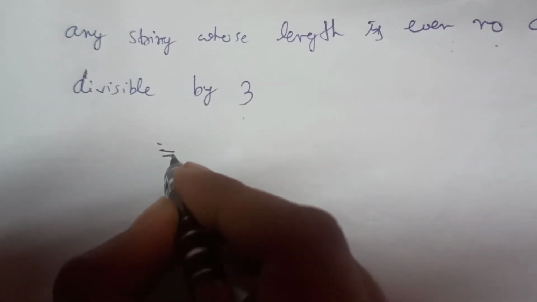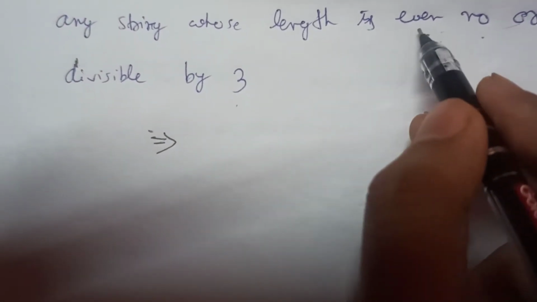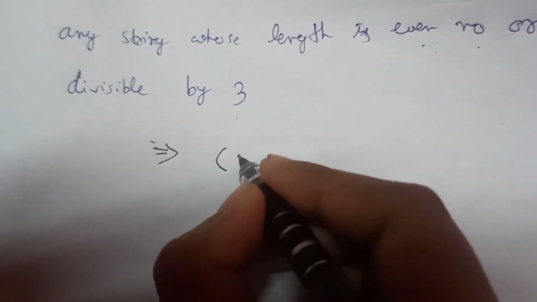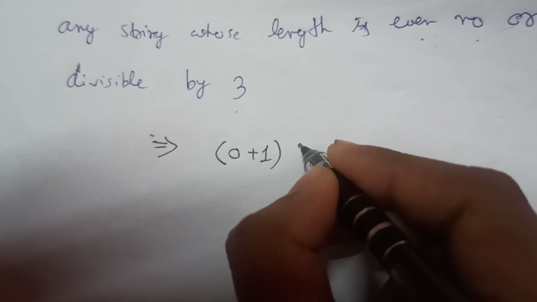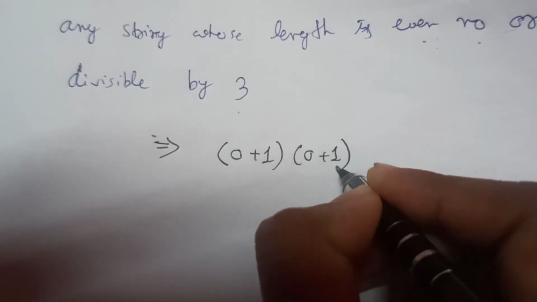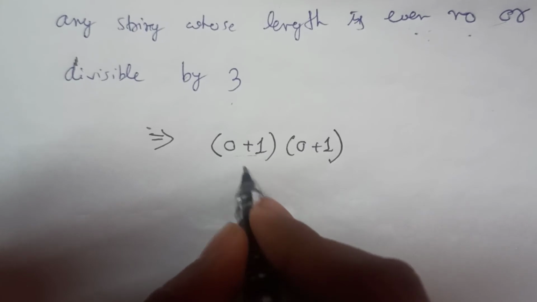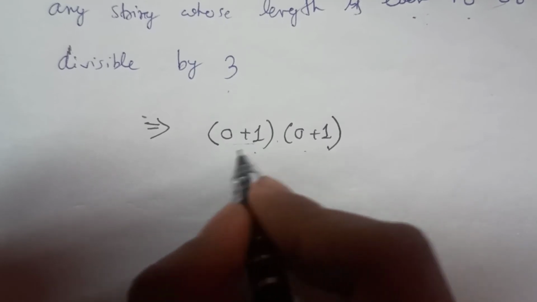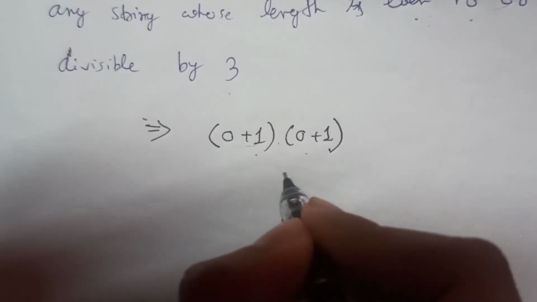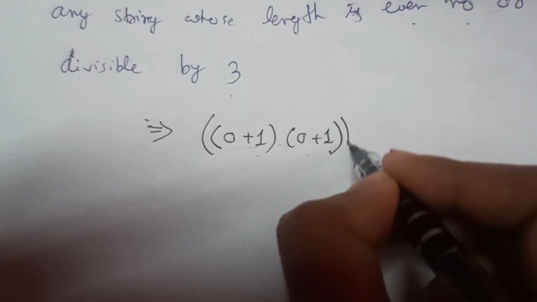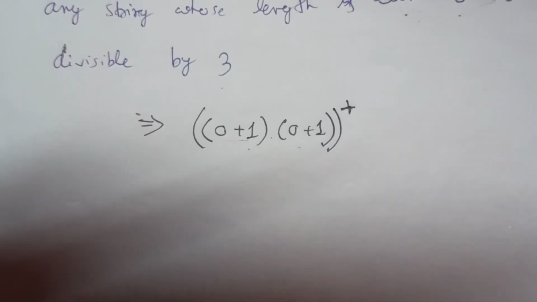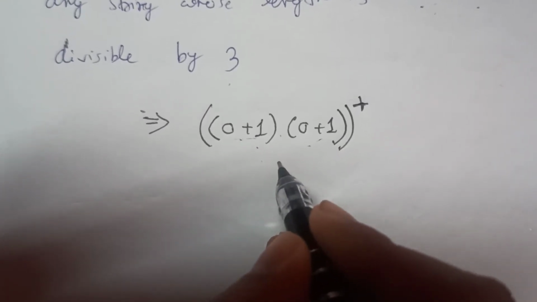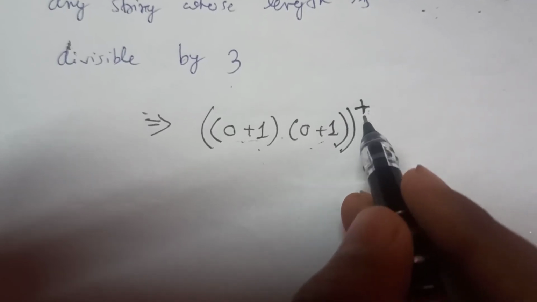So see how to make it divisible by 2. First I will check for the even number. For the even number, it can be 0 or 1 for the first one, and 0 or 1 for the second one. So from here we will get one length, and from here we will get one length. These two are concatenated here, so 1 and 1 concatenated becomes length 2. So I will give this a whole star. This whole star makes any possible even number. So for this and this the length will be 2, and for this star the length will be any multiple of 2.